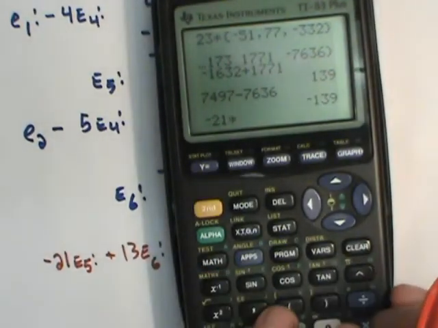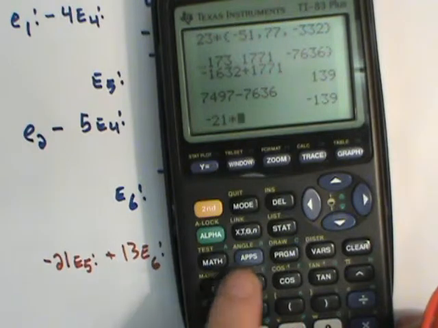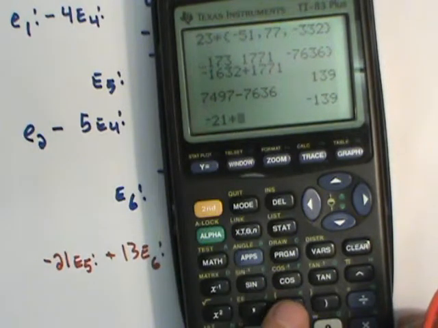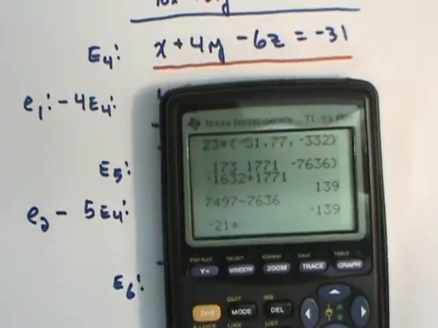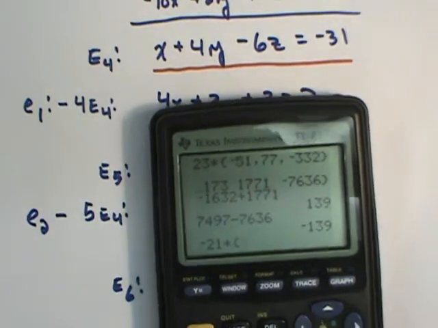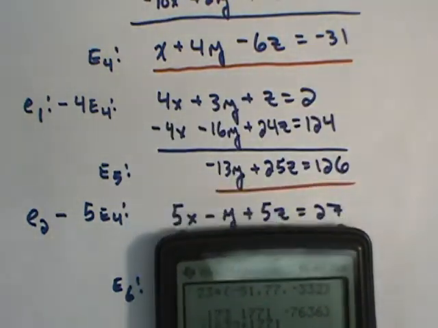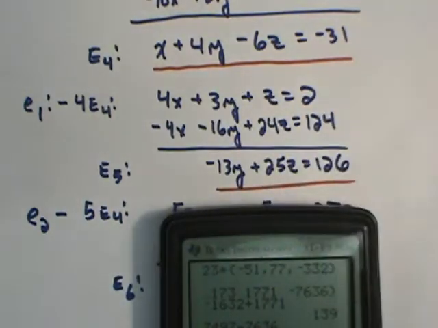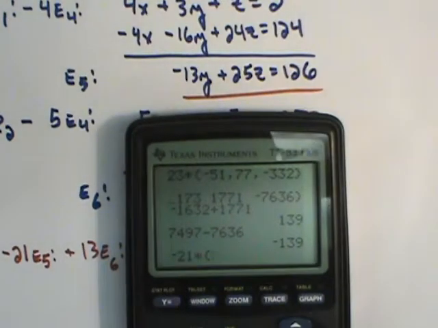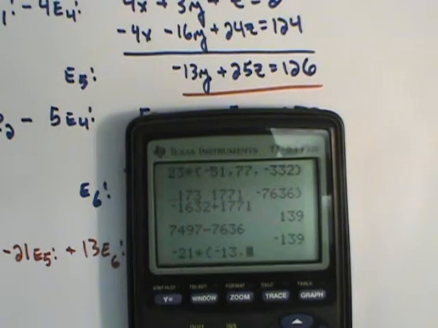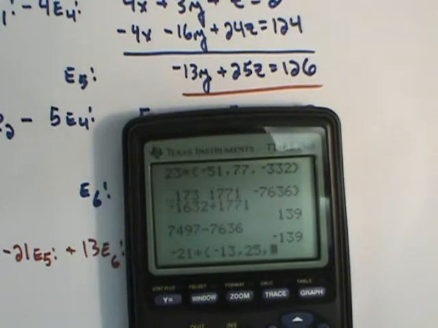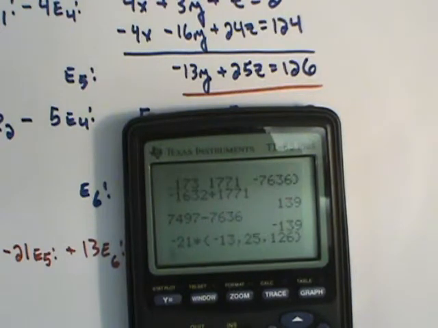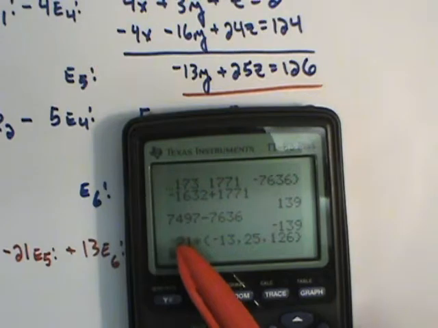button, and then right here you have the braces. This is a parenthesis, but if I go second parenthesis, it's a brace. If I call that up, I can go second brace. I'm going to use those coefficients from this equation right here, and I'll enter them by saying negative 13, comma, 25, comma, and 126. What that will do for me, it will take this negative 21 and it will multiply